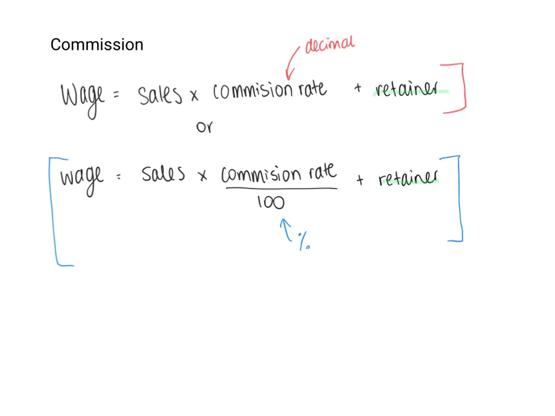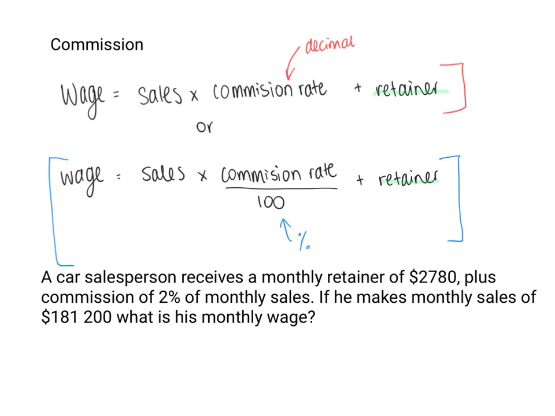So let's try an example. A car salesperson receives a retainer of $2,780, so that's what he gets every month regardless, plus 2% of his monthly sales. If he sells $181,200 worth of car parts or accessories or cars, what is his monthly wage? So putting that into our formula that we've been shown above, we have the wage is going to equal his sales,